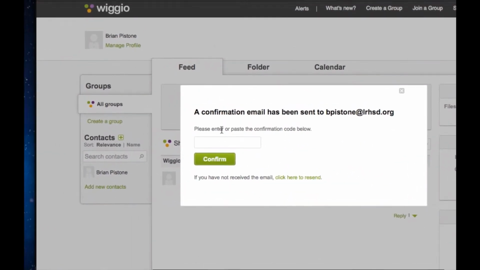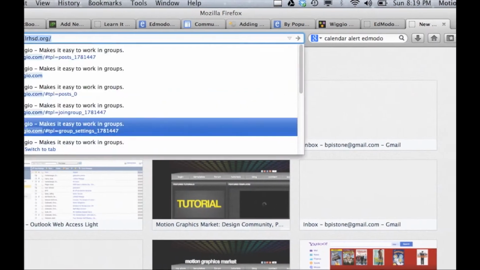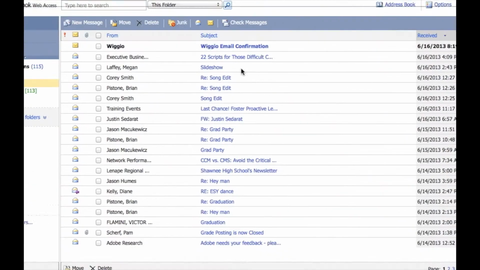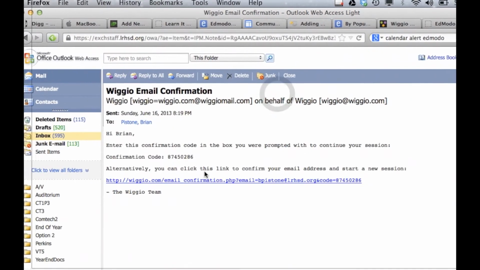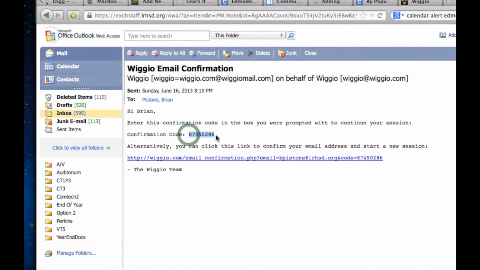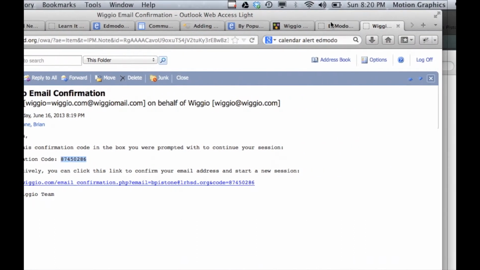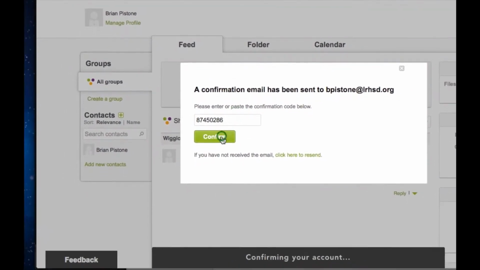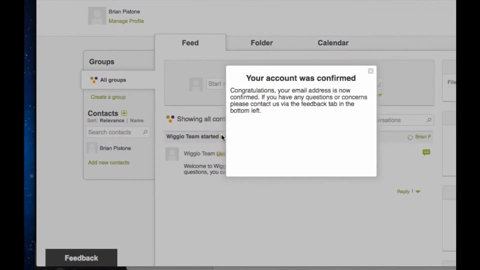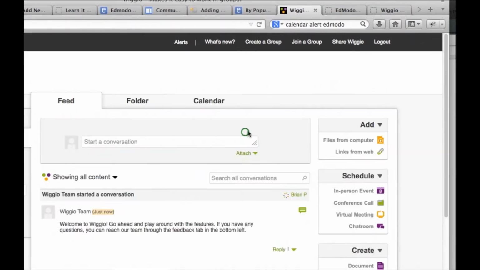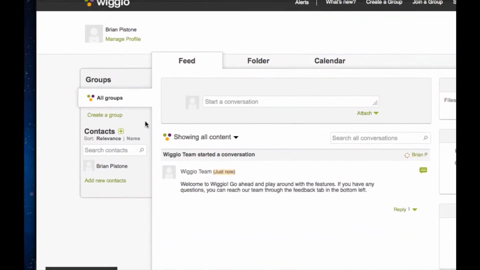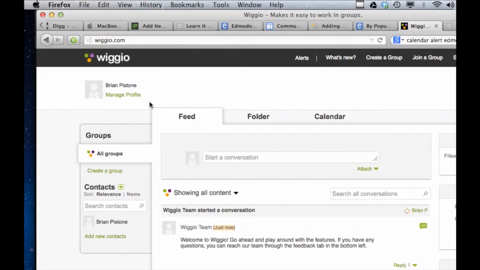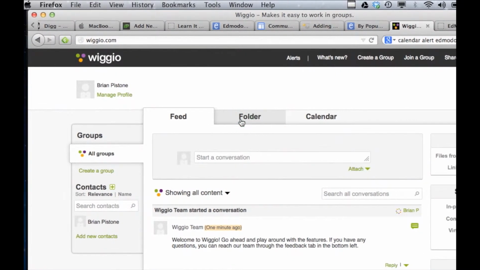So it's going to send me an email. Here's my confirmation code, which I will copy, Command-C, and go back into Wiggio and paste, Command-V, and confirm. And here is what the Wiggio interface looks like. You have a feed, a folder,